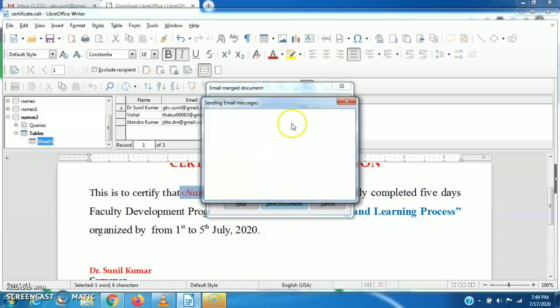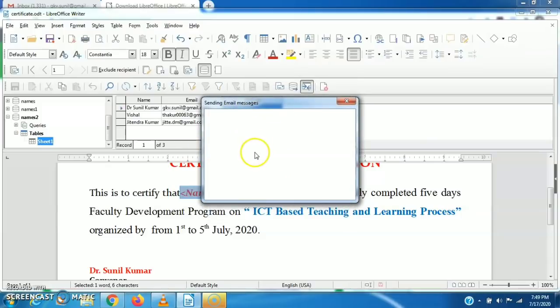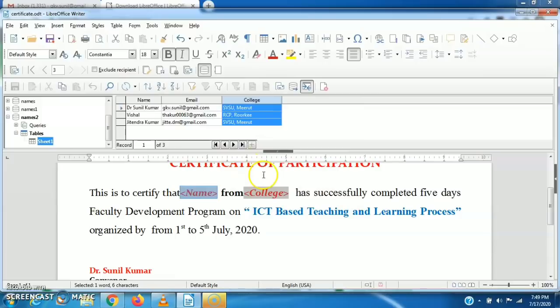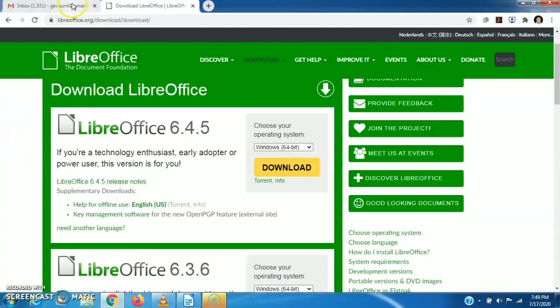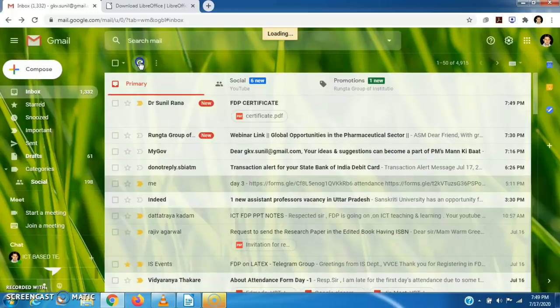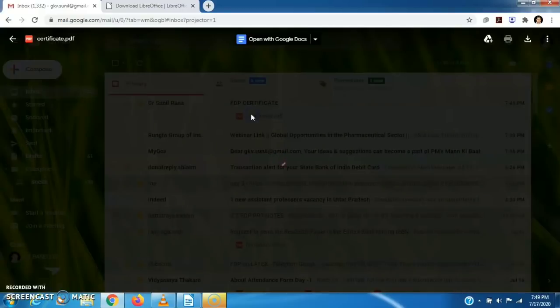We can see that sending email message. Transfer status. Now all the emails have been sent to the participants. So let us check it. I go to my email, refresh it. As you can see, I immediately receive the certificate. If I click on this,